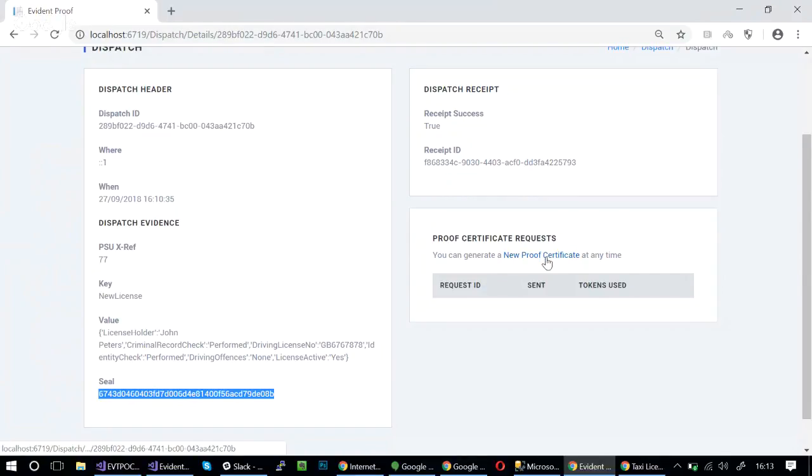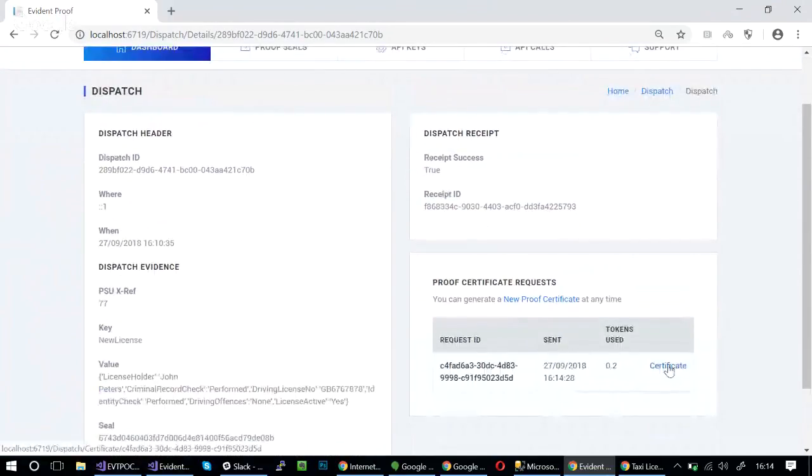And then we get on to a proof certificate. So what is a proof certificate? A proof certificate is your way of saying to a court or to a third party and so on that you did indeed store this data immutably in the exact way you said you did at the time you said you did, and all the data matches and so on. And this may occur a year down the line, 2 years down the line, 5 years down the line, a litigation scenario and so on. This is your mechanism to say I used evident proof and my data was stored immutably and in a distributed way, and here I can prove this. This document can be tailored to your organization. We're going to go and have a look at it now,